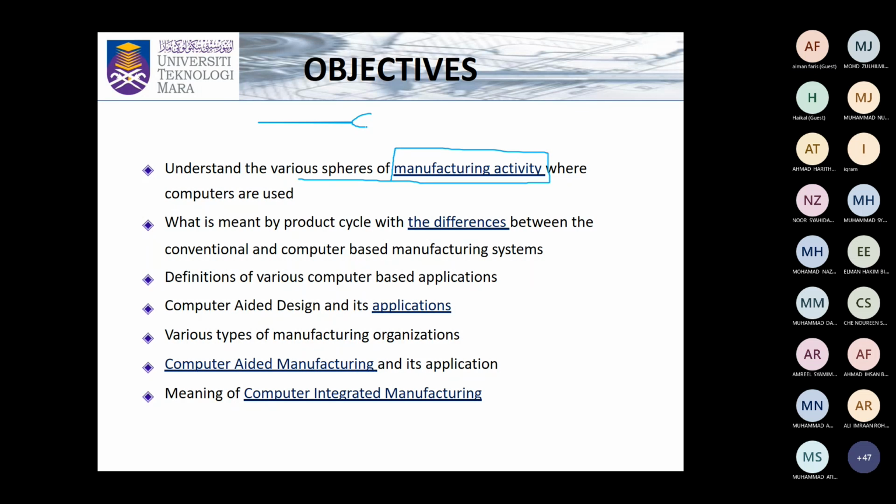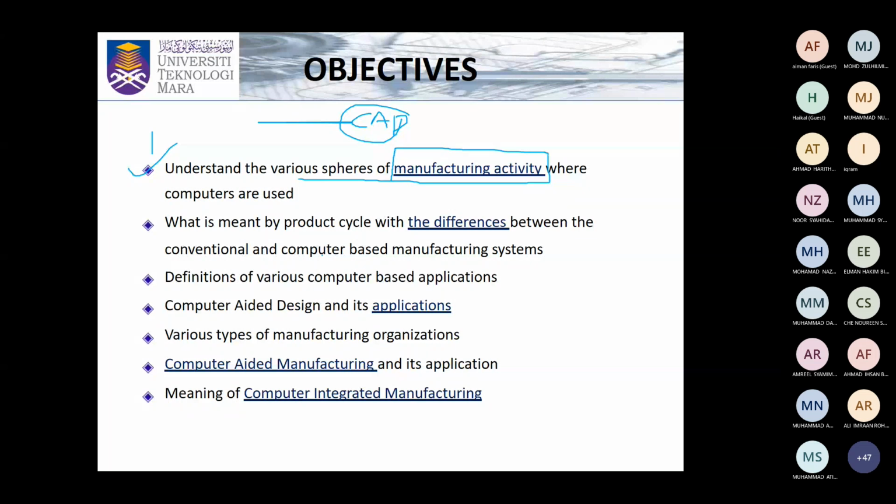Remember, our subject is CAD. I'm using a desktop mouse, so you need to pardon me with the pointer. So we want to understand the various spheres of manufacturing activity, and this is the first objective. We are talking about CAD, but our objective is understanding the spheres of manufacturing activity whereby computers are